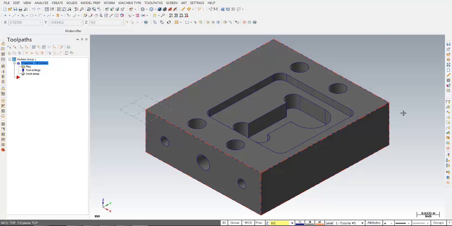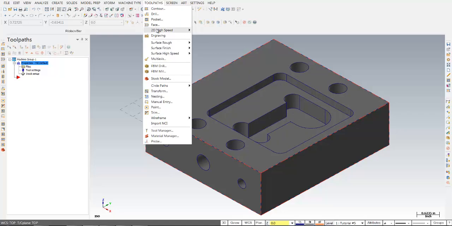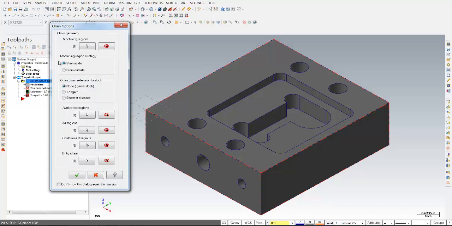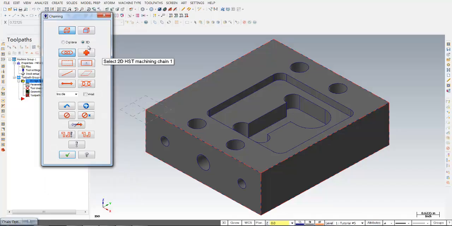In this video, we'll create an area mill toolpath to machine out this pocket here. Click on Toolpaths, hover over 2D High Speed, and choose Area Mill. Select OK to accept the default NC name. Ensure your machining region strategy is set to stay inside, and click on the Select button to select the machining